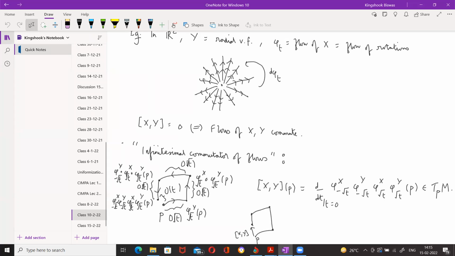So to say that a vector field is f invariant means that